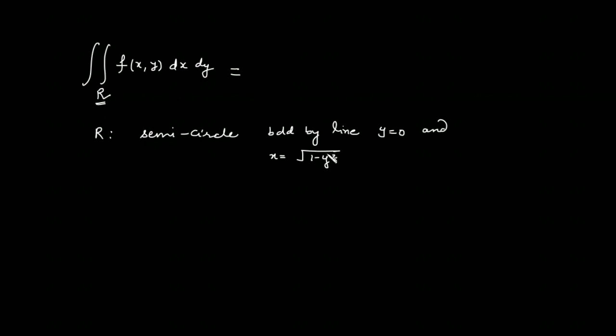Write down the equivalent integral in polar, where R is the semicircular region bounded by the line y is equal to 0